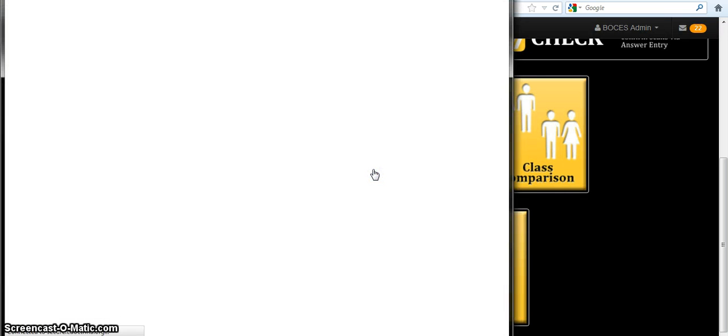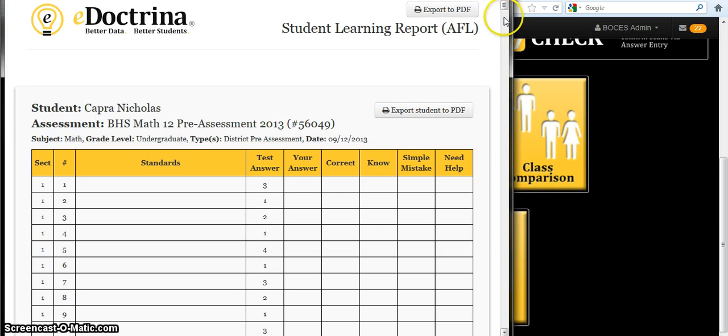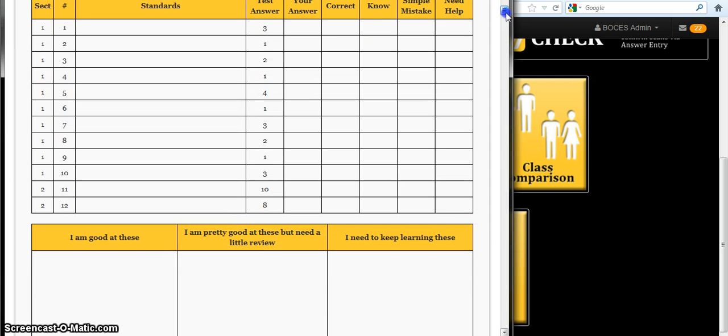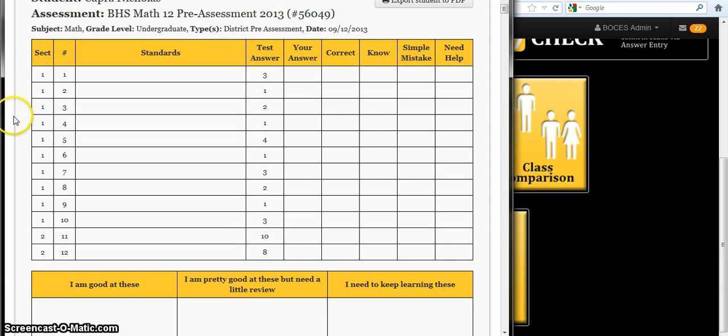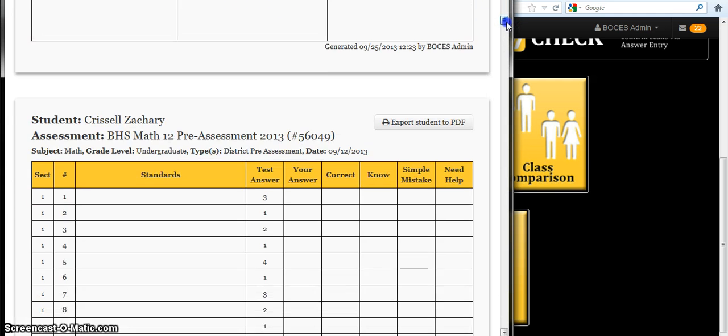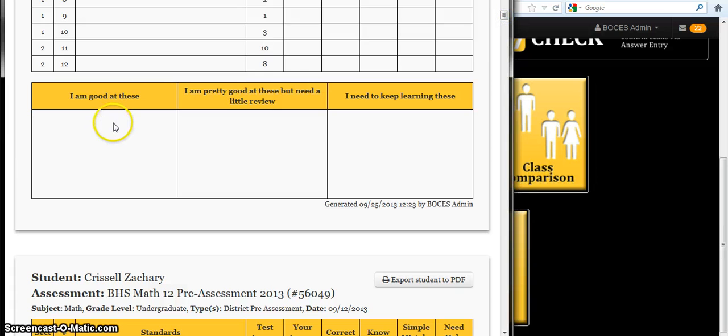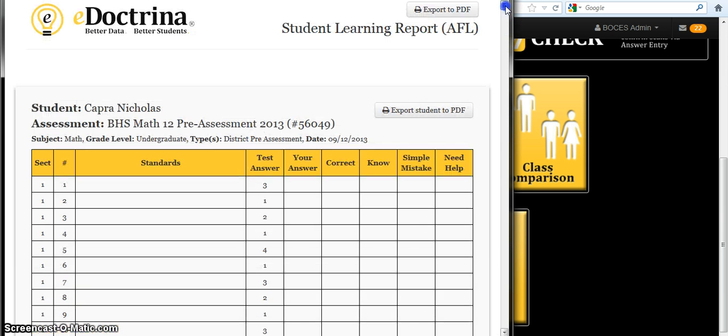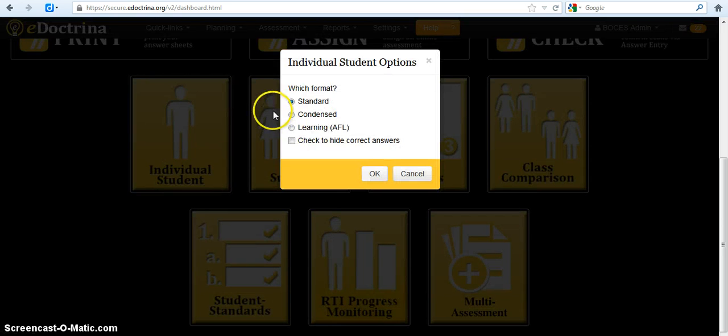We'll take a look at the Learning AFL. You can see here that it gives the student one full page. It tells them the number on the test, the correct answer, the student's answer, what they know about it, if it was a simple mistake or if they need help. Down at the bottom, the student has the option to talk about whether they were good at these, they're pretty good at these, but they might need a little review, or if they need help learning these. So that is what the AFL Student Learning Report looks like,